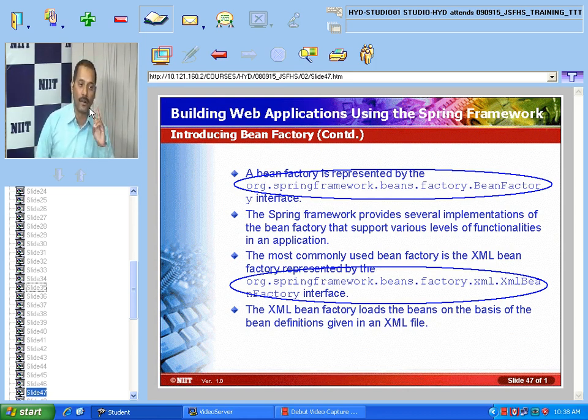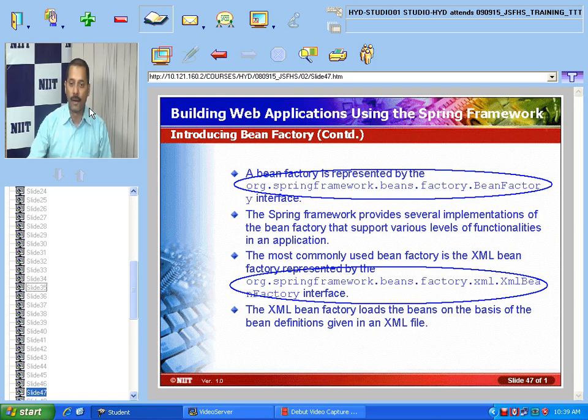Remember, there are two things we have discussed here. One is the container: the Bean Factory container, and we have the application context container. Bean Factory and XML Bean Factory are the interfaces by which we can load a bean that has already been defined in the XML file, such as your applicationContext.xml file. So this is the bean information which will be there in the XML file. We'll use this Bean Factory interface, and we can load the bean from XML-based files.